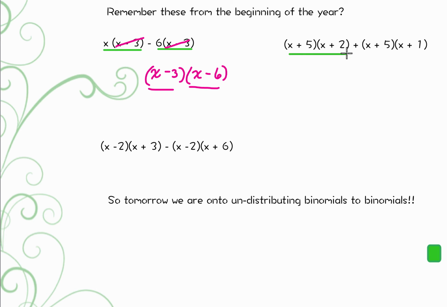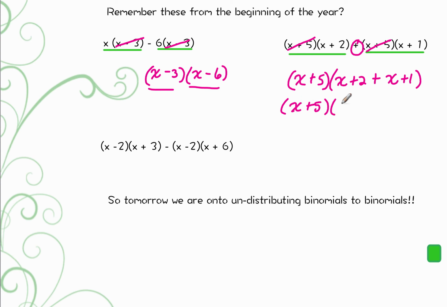Same thing right here. This is one term and this is another term. What was common to this first term that was also common to the second term? That's right, the x plus 5. So I had passed out an x plus 5 to an x plus 2 and an x plus 1. And if we rewrote that by simplifying, that's what we would get. So again, we're going to do more of this tomorrow, but just to bring it to the forefront, because we have done it in the beginning of the year,